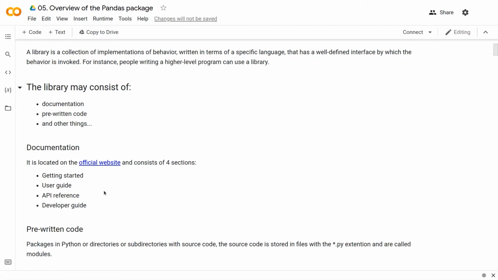As to the pre-written code, conveniently equipped with an intuitive interface for its use, it can be found in directories that contain Py files. These directories can in their turn contain other directories and files and so on. So, these Py files are called modules. There's a package that contains modules and is essentially a folder. A package has to also contain some auxiliary files, but since we won't be creating packages, their nuances are irrelevant at this point. We have to understand that any Python package is a set of Python scripts that you can